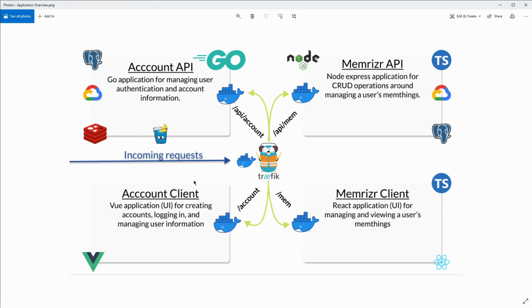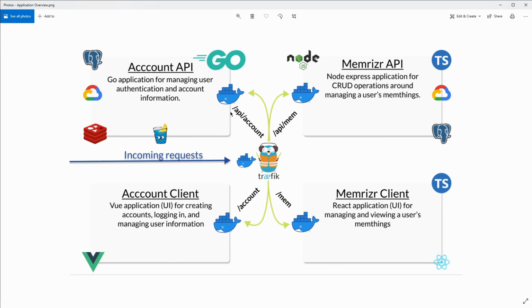What we're going to do today is set up a container, or at least a development container, that can host the account client, which will be a Vue application for logging in and managing the basic user information. So this is kind of where we access, or from where we access, the account API. We'll scaffold this baby out, and we'll end up doing a basic fetch request to one of the endpoints in